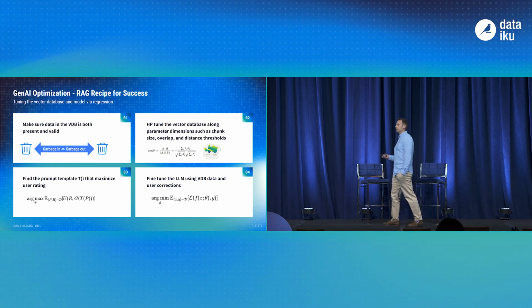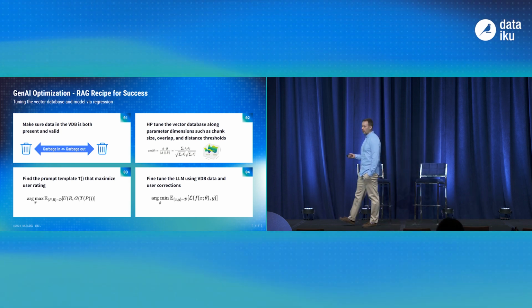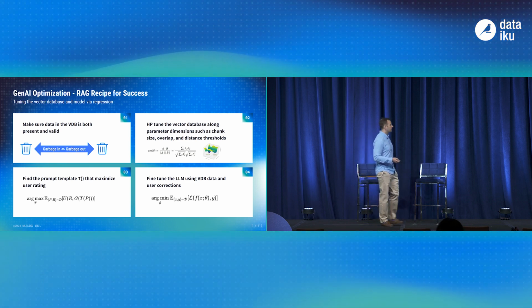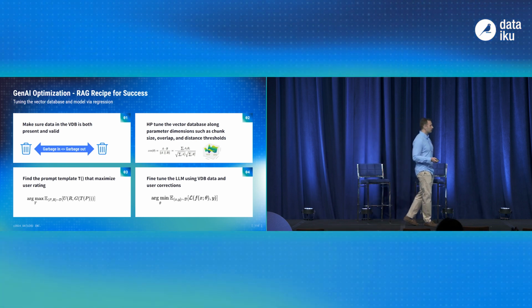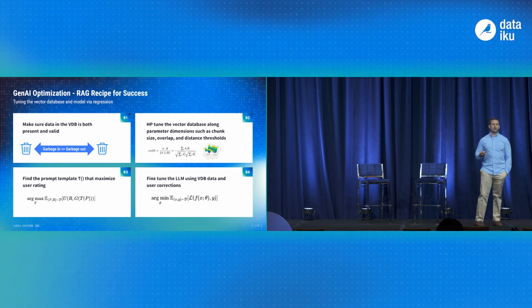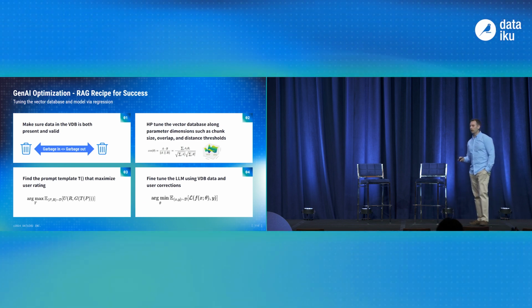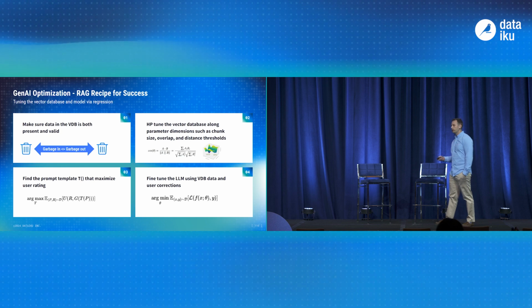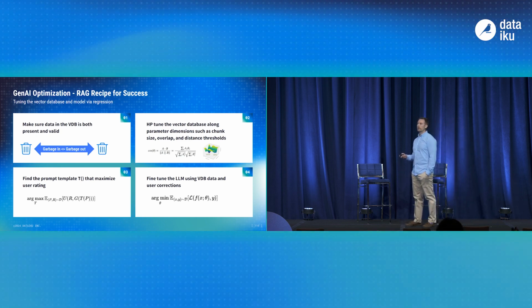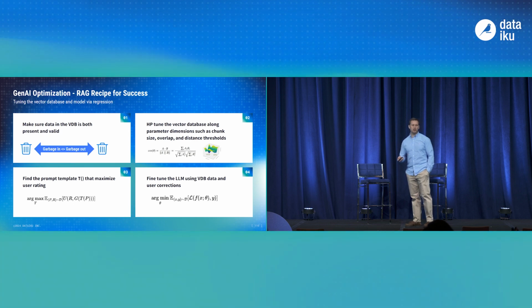And upon further digging, oftentimes the data being referenced in the vector database is out of date or incorrect. So it's a regularized process that needs to be put in place to make sure that you're pruning information out of your vector database, keeping it up to date,